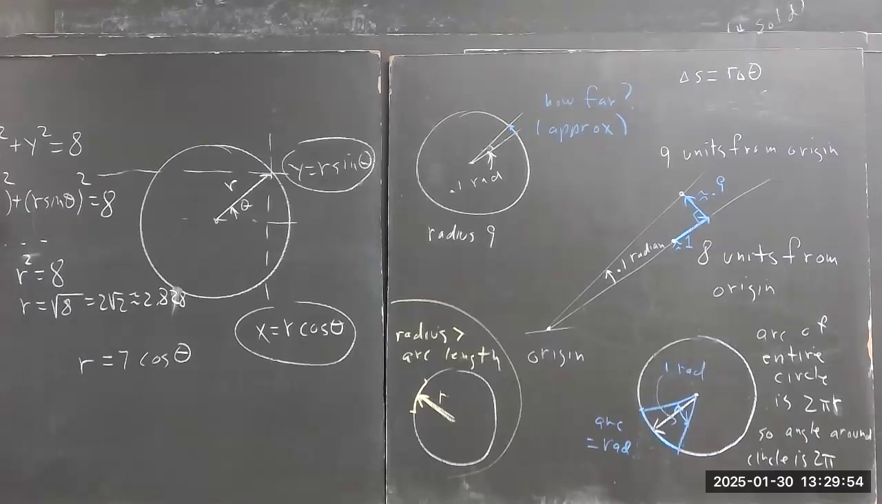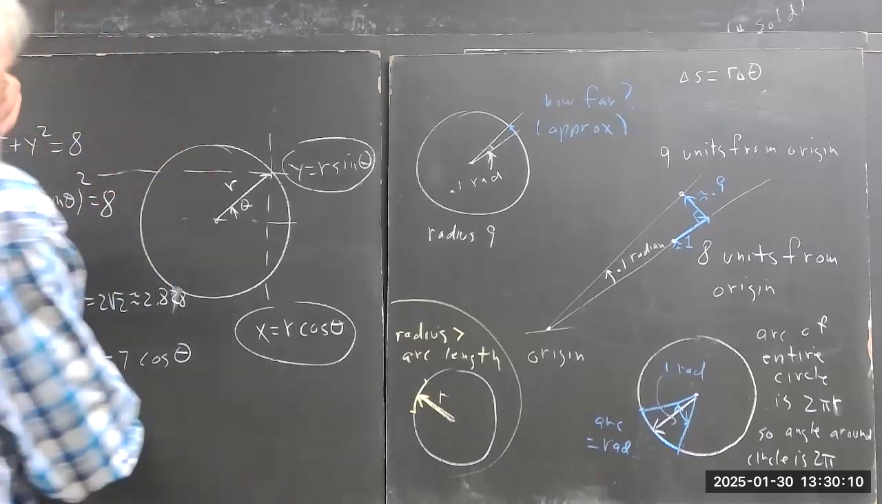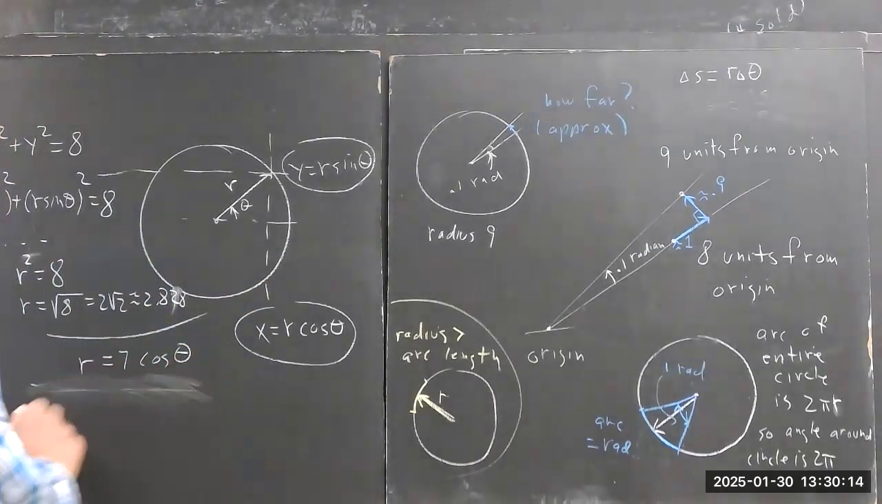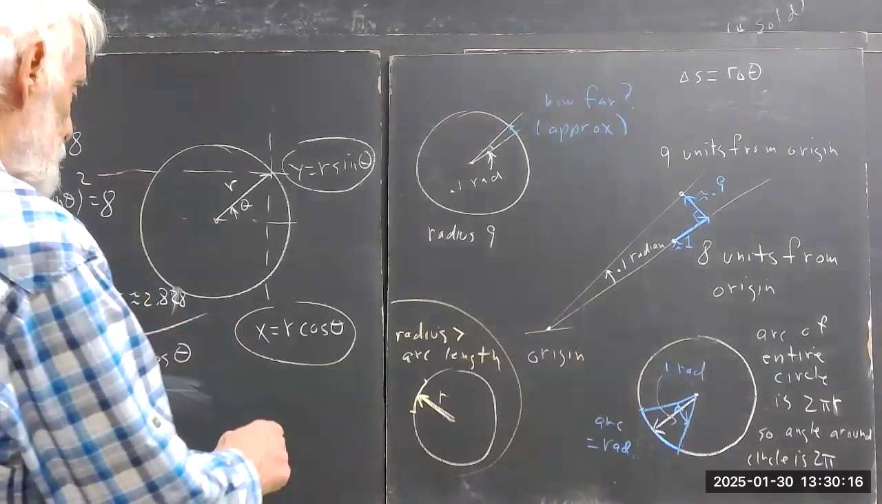If it was 2x squared plus y squared equals 8, then you'd have a more complicated polar equation. You'd have an ellipse, major axis of 2, minor axis of 1. Okay. Now, if you want to convert this equation, first of all, you say, well, then